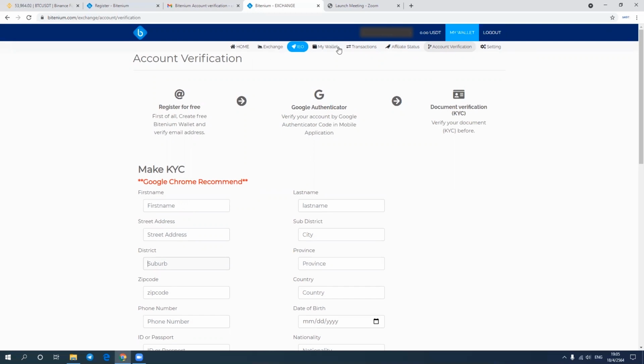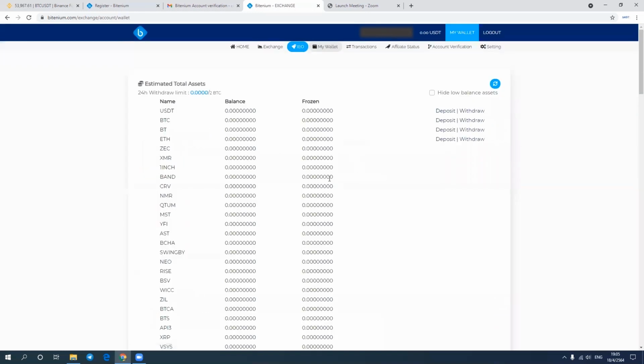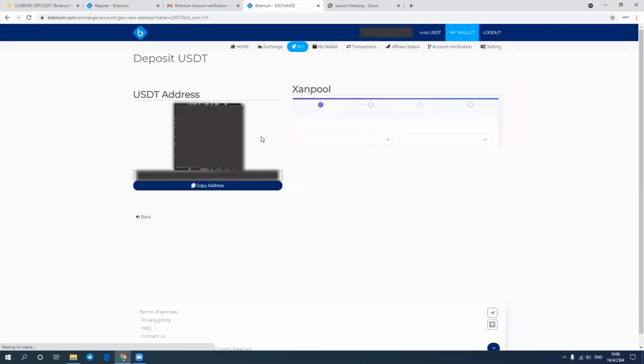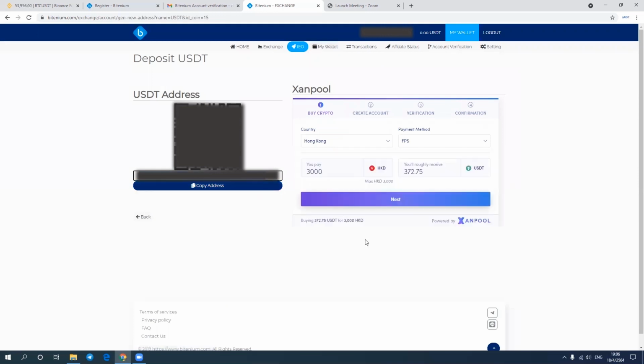Here you can start exchange. It is for trading activities and IEOs, which we have listed, and more IEOs are coming, which is good for everyone to purchase coins. My wallet shows you all the coins you have in your deposit or withdraw. Deposit is not a big problem because you just need to copy the address. For example, for USDT you just copy that address and you can send it anywhere easily.